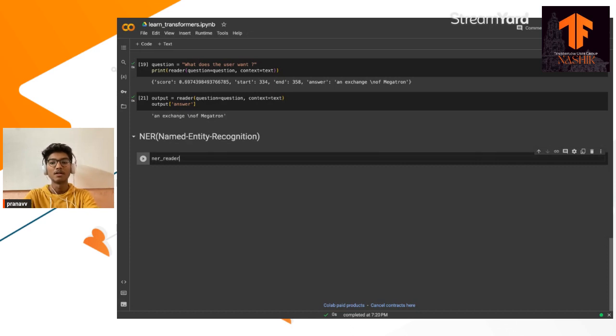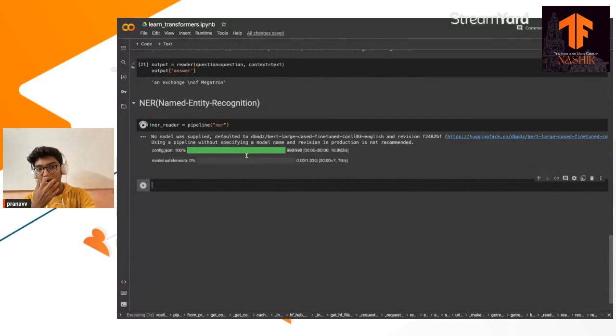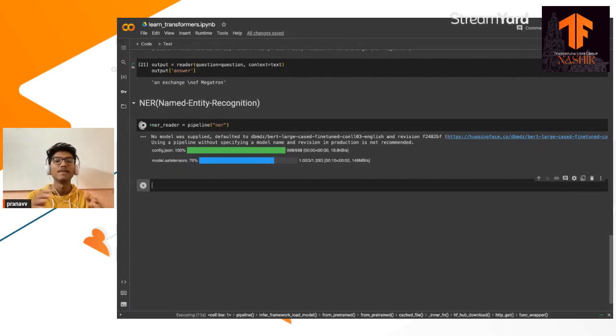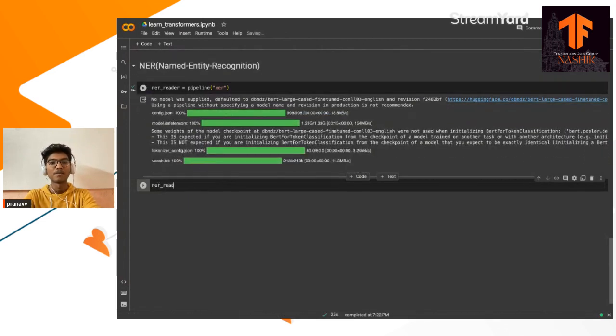We will tell it NER reader and pipeline once again. So all this task is done in pipeline, fine. And we will pass it the task of NER, and we'll just run this. Once again, it will download a best model which is present on Hugging Face for named entity recognition. Once it gets downloaded, we will use it to identify the named entities in our text. So we'll just wait for it to download. Then we will pass our text